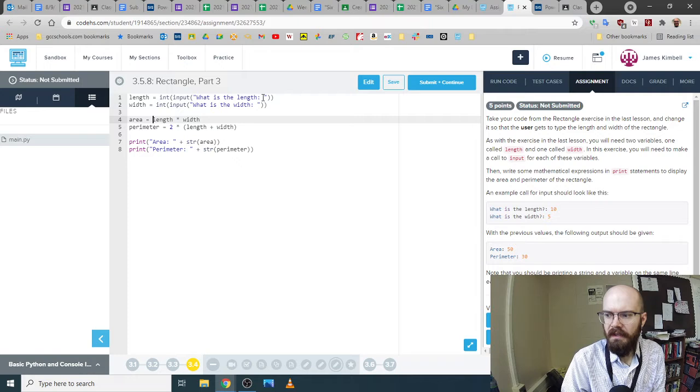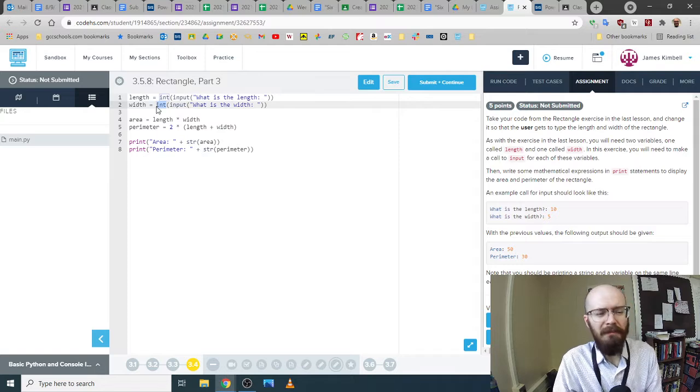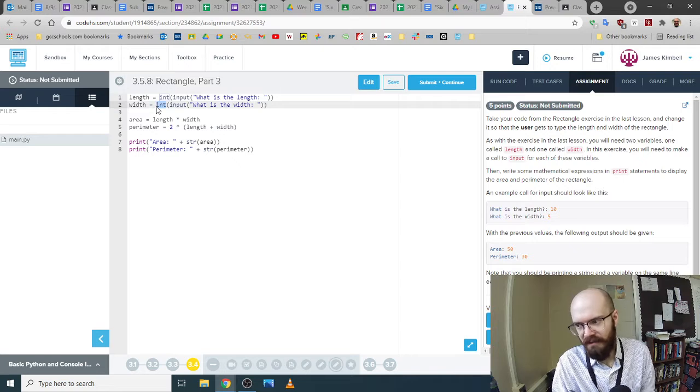So let's say we were going to input something and we want to treat it as a value. We want to say, who cares about the characters? We want to treat it as a number. Then you put int in front of it and it says, hey, this stuff, we're going to be giving you a number and we want you to write it down as a number in the computer's memory. And the same thing for the other guy. Now it might work if you don't do that, but we'd be gambling. We'd be hoping that they kind of guess right. You know, Python often will do the right thing for you, but if it doesn't, you can just